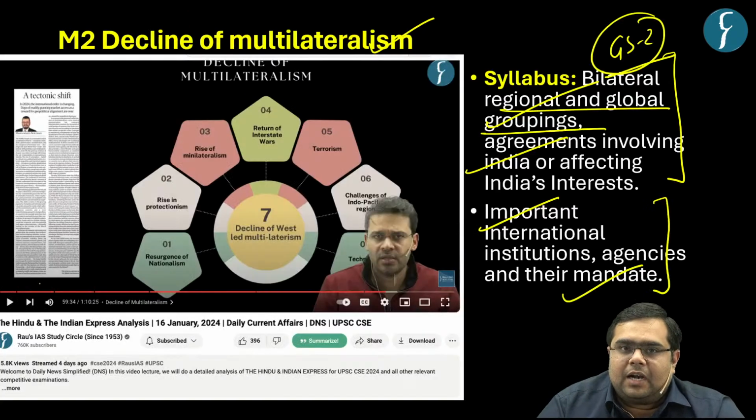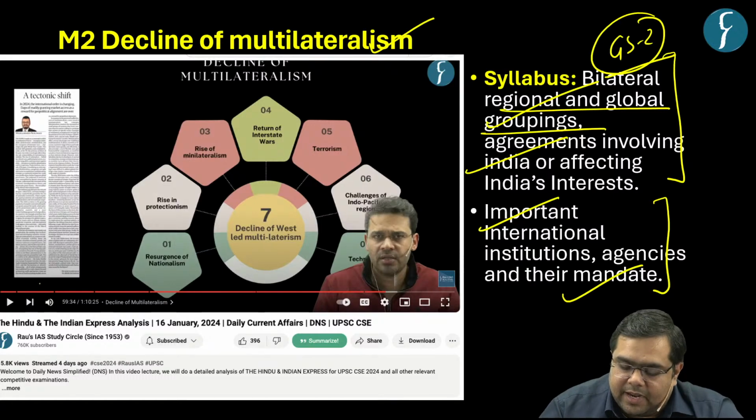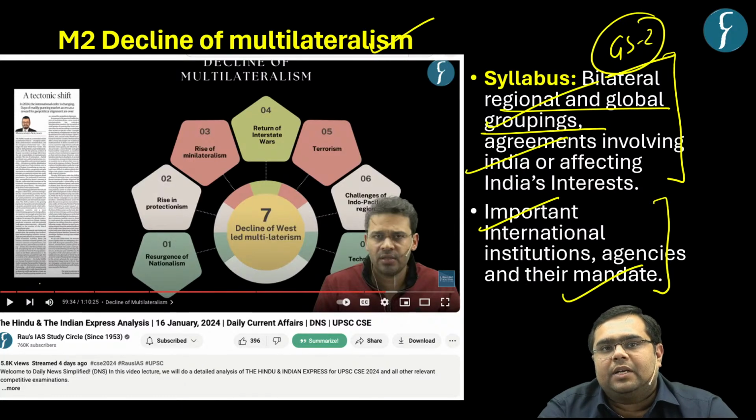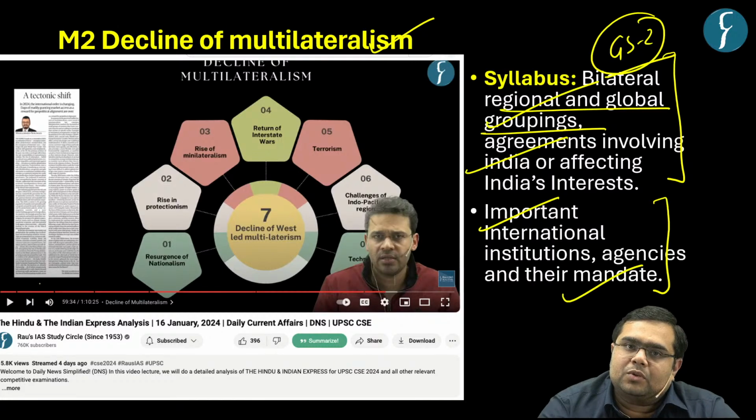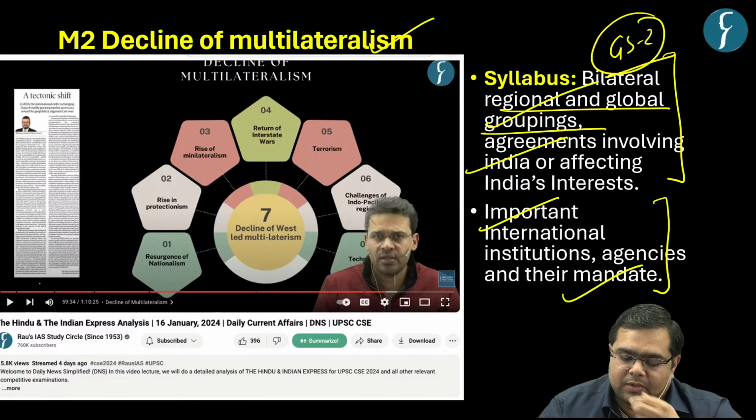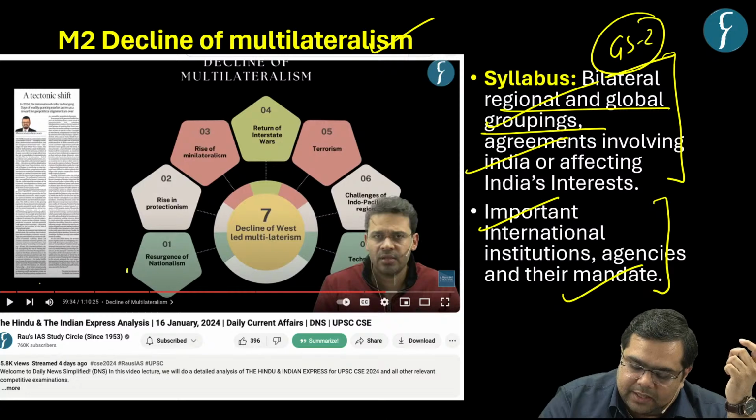Now in that video, as per the scholar, there is a decline of multipolarity, and if there is a subsequent decline of multipolarity, it would again mean that the world is going again into either a unipolar or bipolar way. So let us discuss those points which the scholar suggests, which reflect as evidence in favor of his hypothesis. The first argument that he makes is that there is a resurgence of